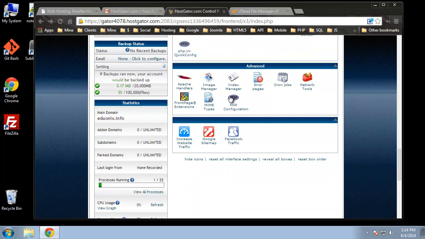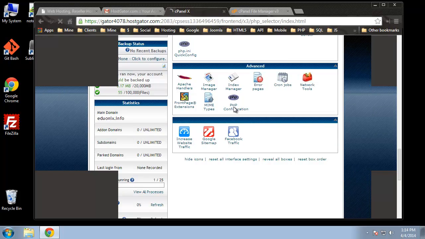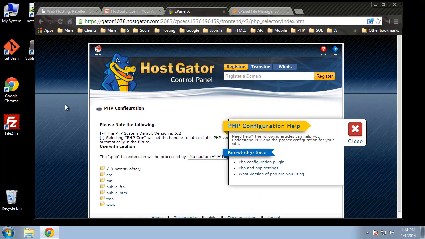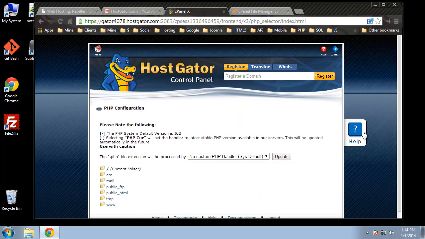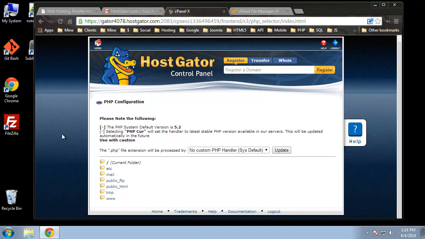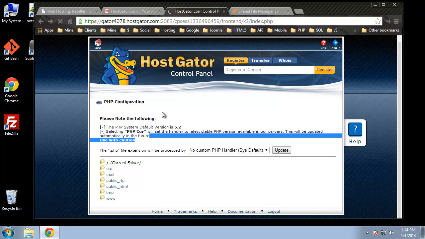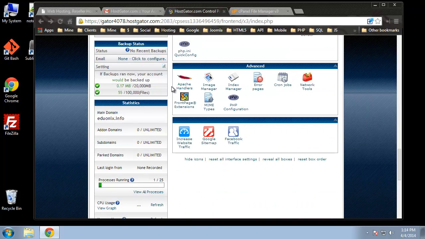And then under Advanced, there's not really much you need here. You have your PHP configuration. If you're having memory errors or file uploading errors through the browser, you may want to take a look at your php.ini file, which doesn't look like it's in this area. No, so I guess you can't do that here. Oh well. So we also have